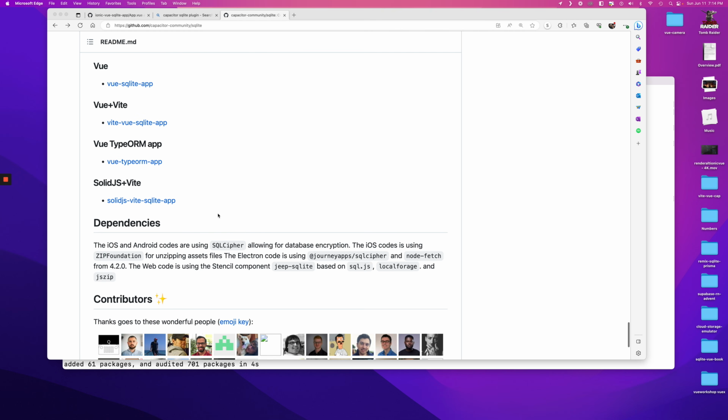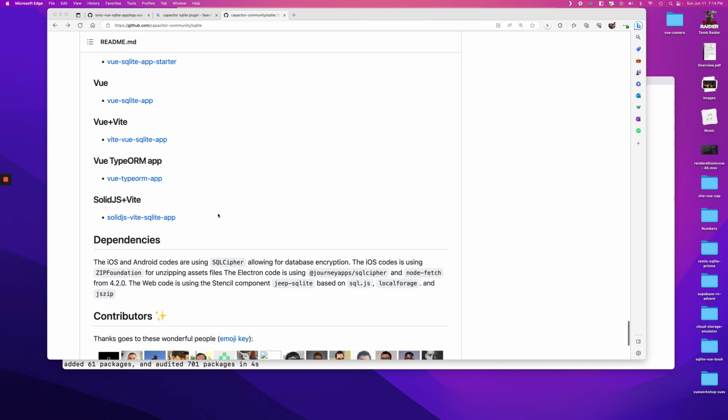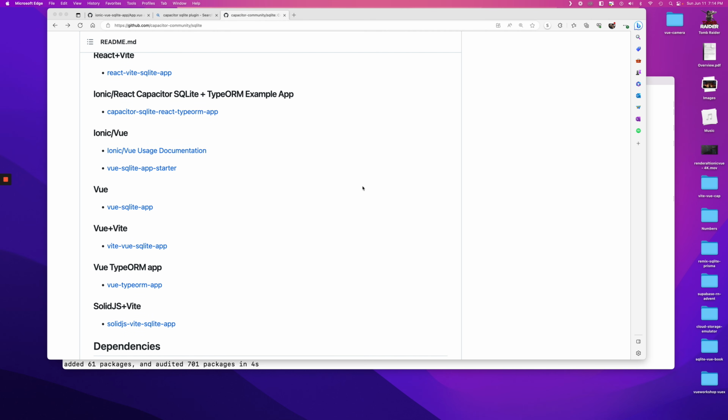So we'll do more. The other thing is that here they talk about using this component called Jeep SQLite, based on SQLite.js, to get it to work in the browser. We'll also show that integrated, because I know a lot of us build a lot of work in the browser and just go on device when we need to. Although I just spoke to a friend of mine who basically says he does everything on device, doesn't even use the simulator. So also the focus of this, I'll build everything to deploy on my iOS simulator, and then at the end we'll circle back around and see what changes we need to make to get it to run properly